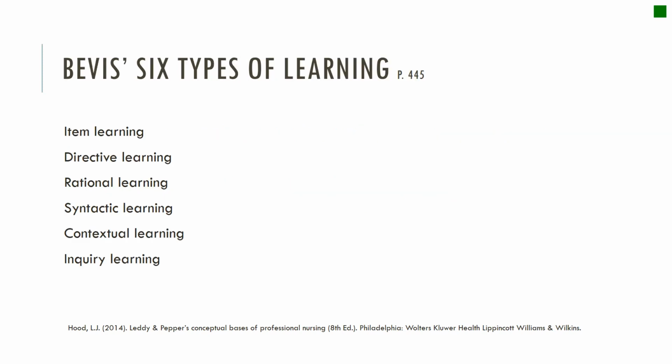So on page 445, there are 6 types of learning. So item learning, directive learning, rational learning. Your textbooks go into specifics about these. Also, we talked a little bit in orientation about visual learners or auditory learners or kinesthetic learners. There are different ways, and you may recognize now how you best learn. You may not have a term for it or a name for it, but you may know that you do